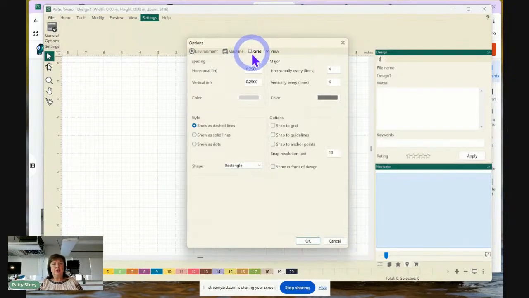This is how you change your grid. I like my grid just as it is. It's set up so the faint lines are 1/4 inches and the bigger, darker lines are 1 inch. And that works for me, but you can change the color if you want. And